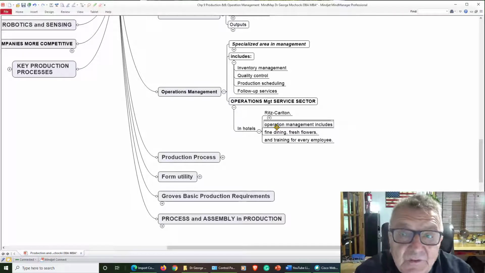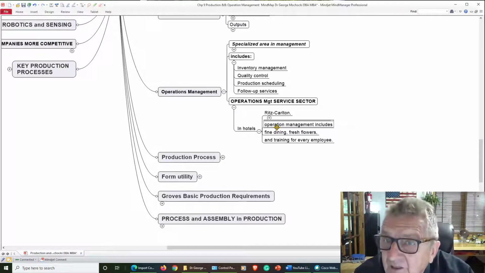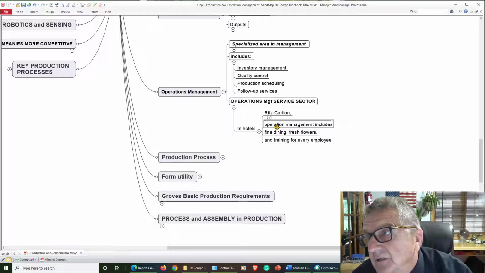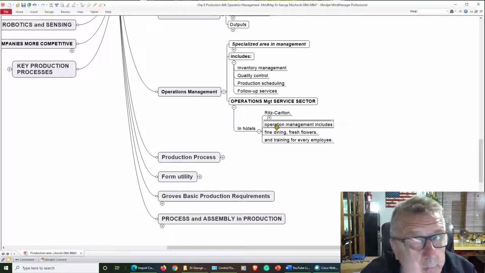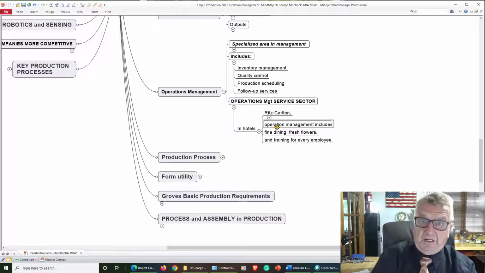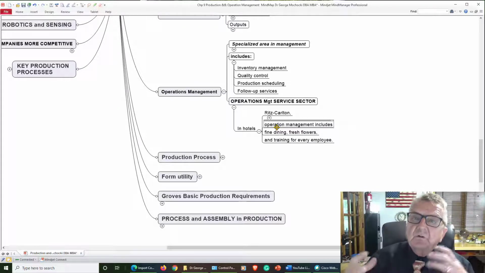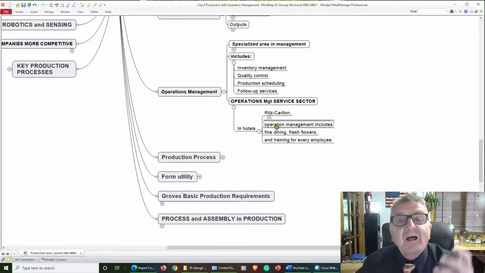If for some reason you went to another hotel, the Ritz-Carlton, usually they're pretty good. But let's say you got a bad experience. Then all of a sudden the whole brand has a bad experience. Are they going down? I knew something was going on with them. So you're looking at the whole process and how to improve that.